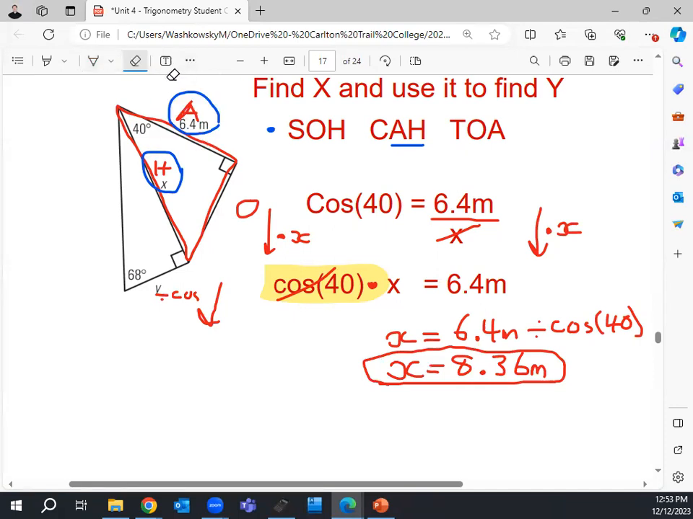Now this is where some people like going into the triangle on their chart and writing that in. You're welcome to do that, that's totally fine if you want. It's not a mandatory thing, but you now know that this X line is 8.36 meters. And we already established right before we did any math that now that I have X,